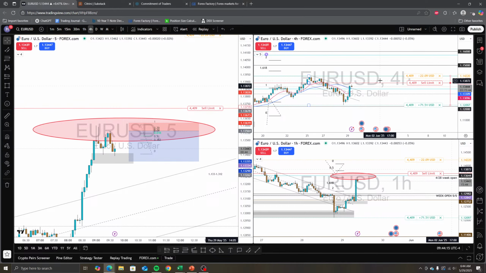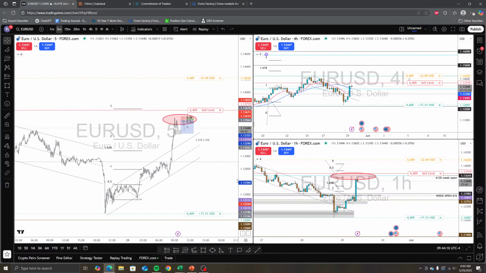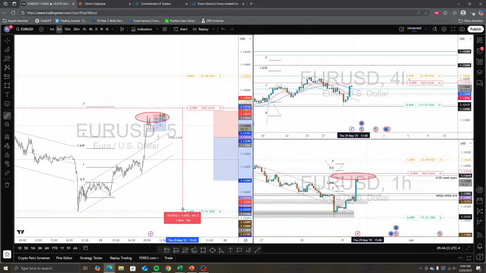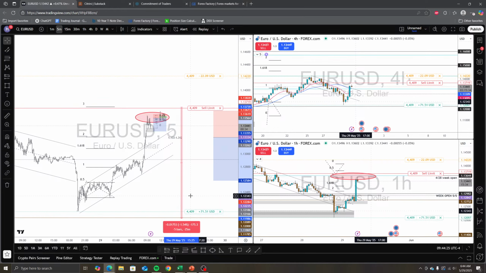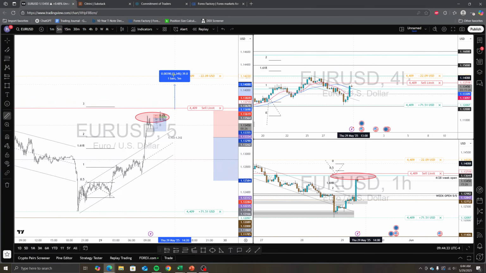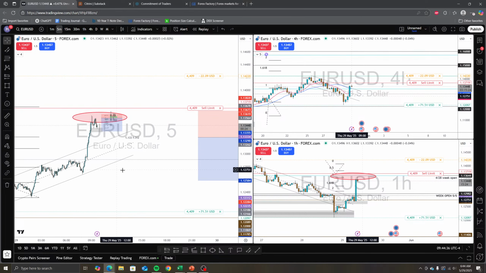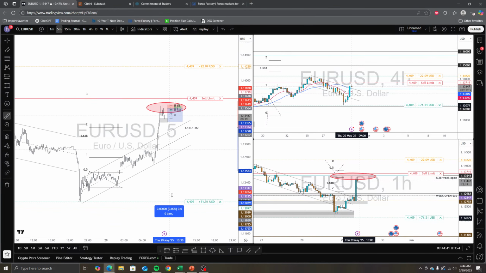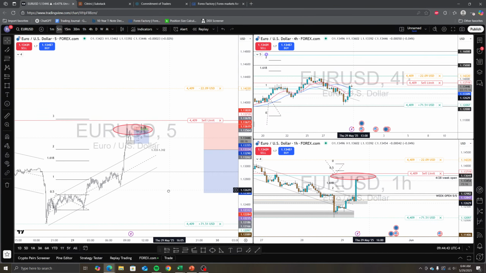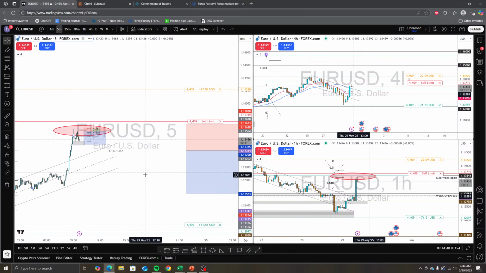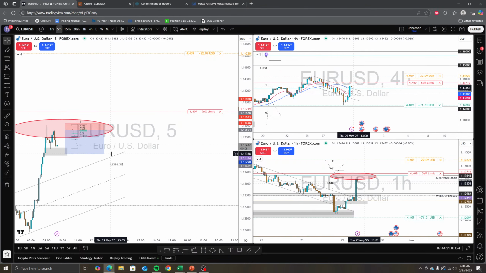If we look on the other side, zoomed out here, I don't think it's going to go down 175 pips. I don't think it's going to happen anytime soon. And for it to go higher, 55 pips, that's definitely possible. But is it going to happen today after it already went up 150 pips? So a 200 pip day? I mean, I don't think so. But yeah, let's just see how this thing plays out.